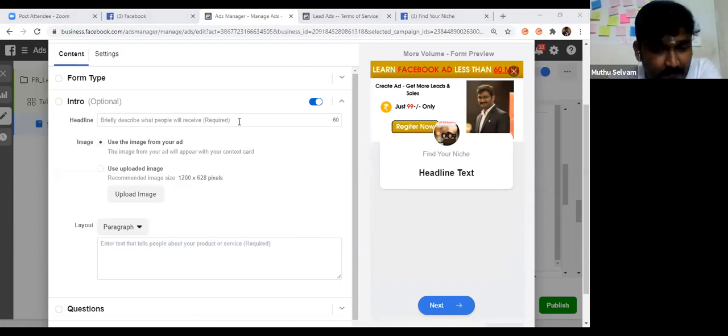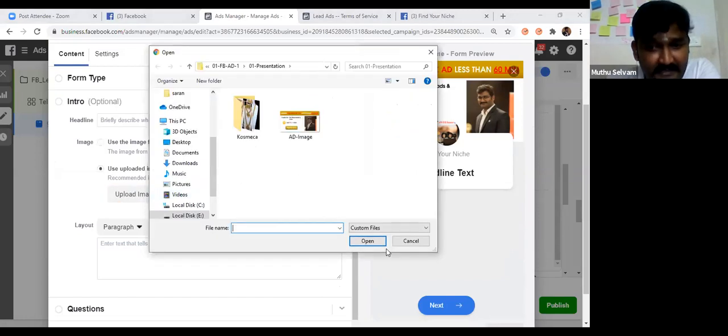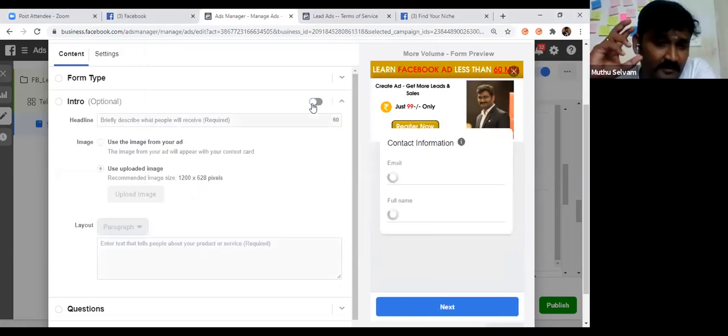In the headline, you mention your company name. If you want to use your own image, you can upload it by clicking this button. But I suggest that initially you don't use it. I'm going to disable it now. Why? Because I want people's data. People don't spend much time. They want something very user friendly. That's what the audience wants. They don't want to type or read the whole story.